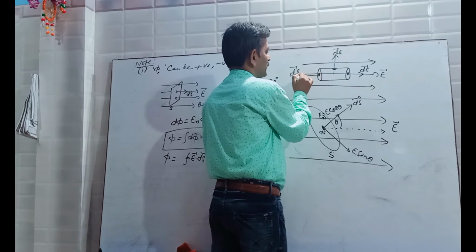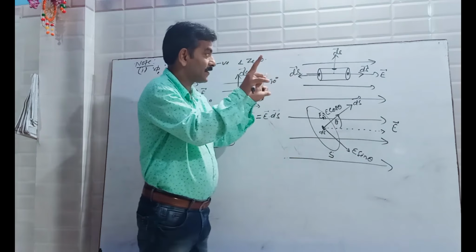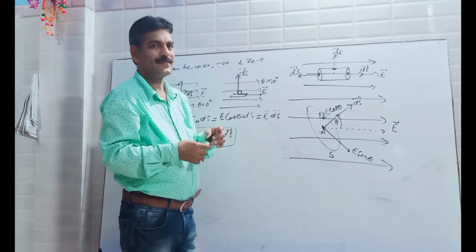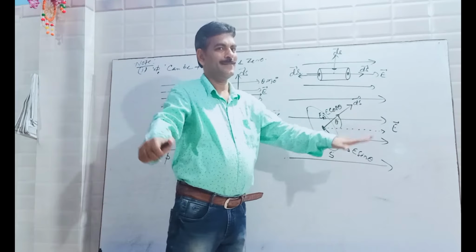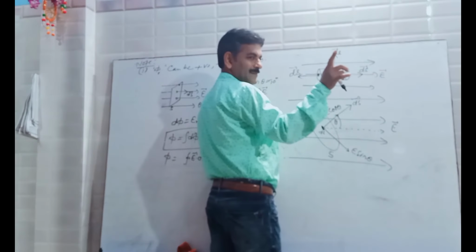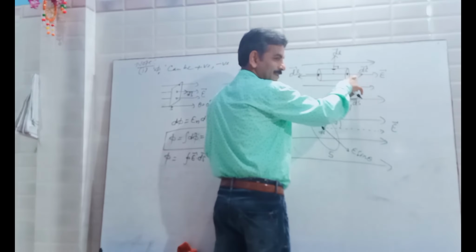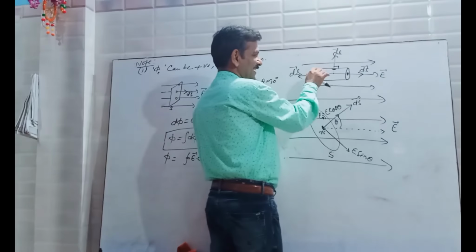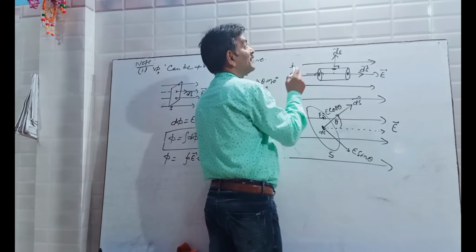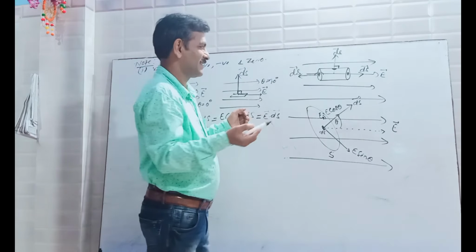You see, for any closed surface, the area vector is always the outward normal. So you see, in this case positive, negative, 0. For this surface flux is 0, theta is 90. In this case, E is parallel to dS, theta is 0. In this case, E is along this direction, dS along this direction, so the angle between them is 180. So flux is negative.